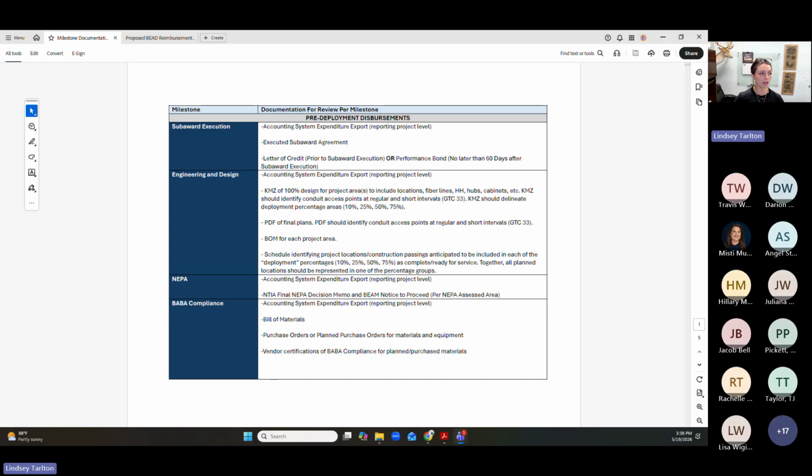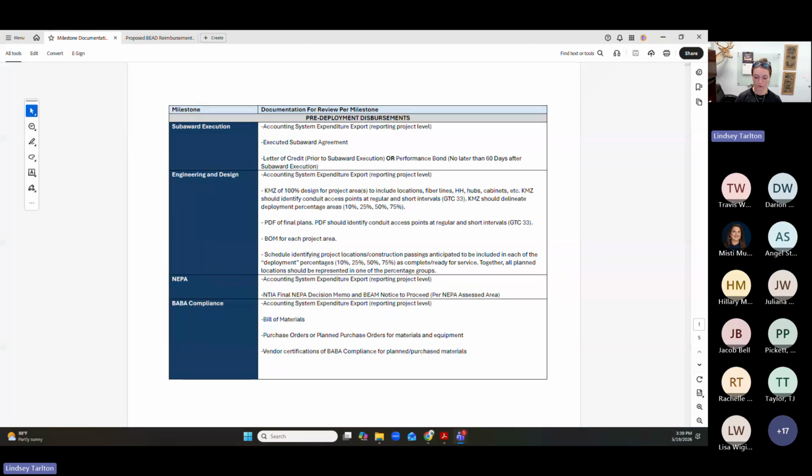And a reminder for everyone, this is at the reporting project level. So if you have a deployment project broken into 2 reporting projects, you would need documentation for each of those reporting projects. For each of these, they're looking for things like 100% design for the project areas, including the locations, fiber lines, etc. The PDF of your final plans, bill of materials for each of those project areas, and then scheduling type documents.